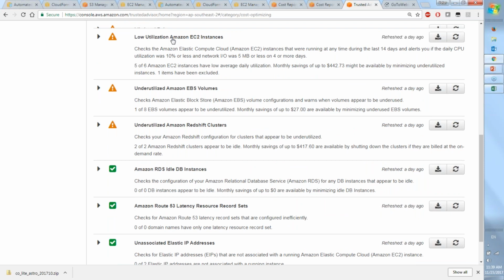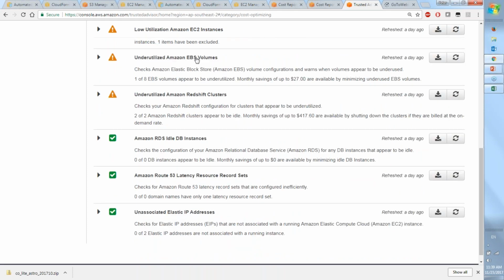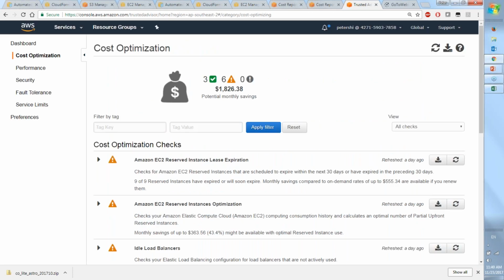So this helps you detect idle resources, whereas the EC2 right sizing solution in the first demonstration actually helps you recommend new instances. Underutilized volumes, underutilized Redshift database, idle databases, Route 53 resources, and unallocated Elastic IP addresses. And so leveraging Trusted Advisor, you're typically able to identify savings and target those savings for action.